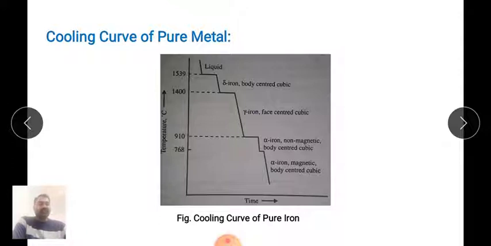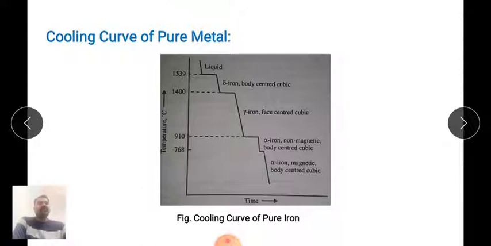So here, whatever the temperature variation we have studied in case of the iron carbon equilibrium diagram, the same temperature variation we will have to observe here. Here on the x-axis there is time and on the y-axis there is temperature. So the temperature variation is the same as that of the iron carbon equilibrium diagram. Here we can observe the origin representing 0 degrees Celsius, then 727, then 768, then 910, then 1400 and 1539 degrees Celsius. So likewise the temperature variation is given on the y-axis.